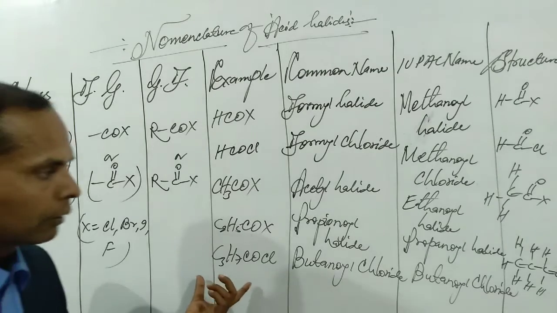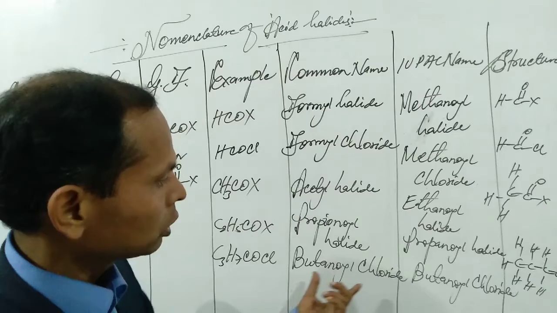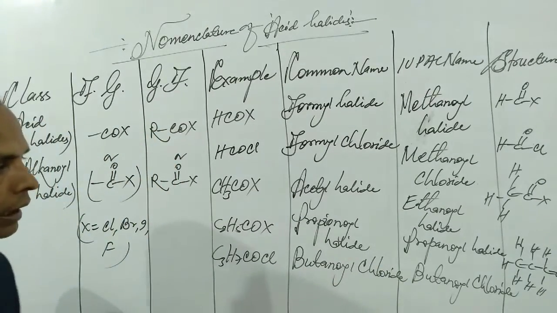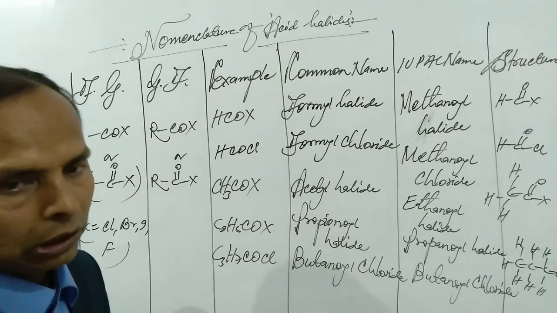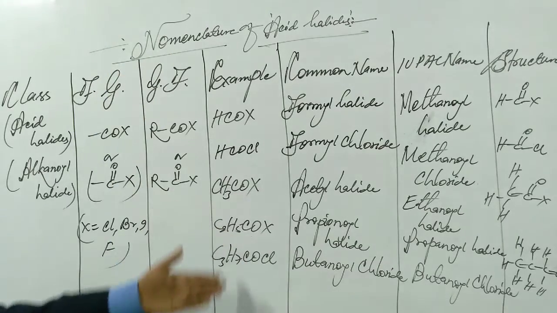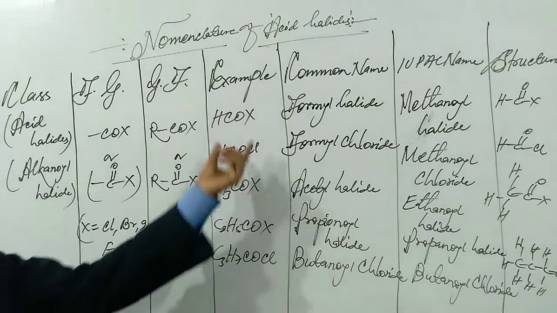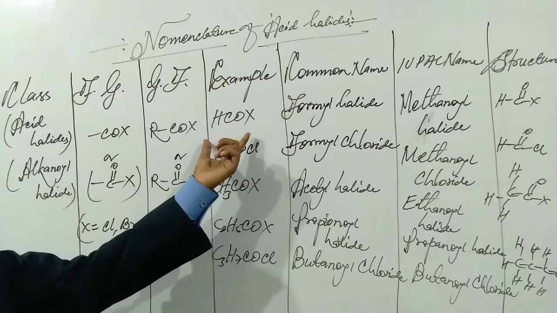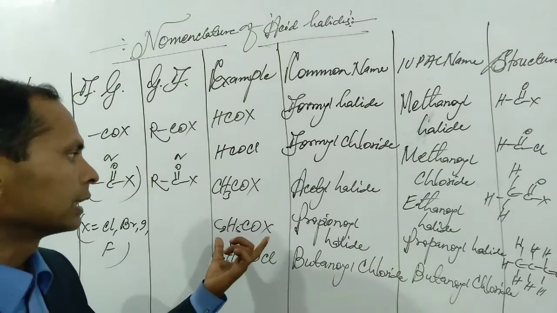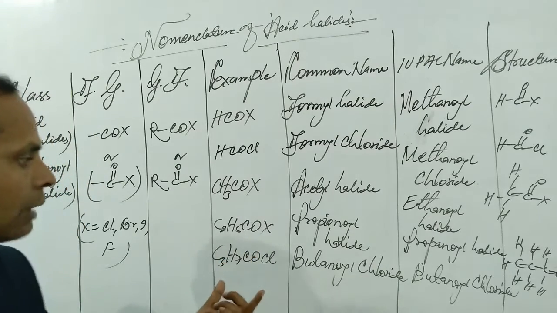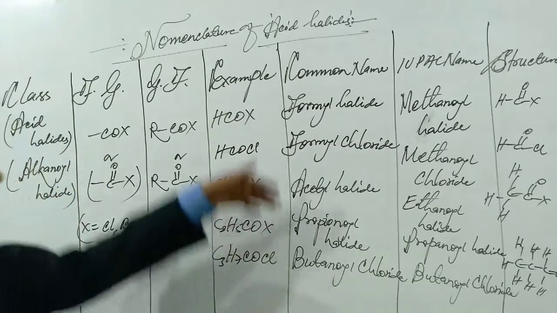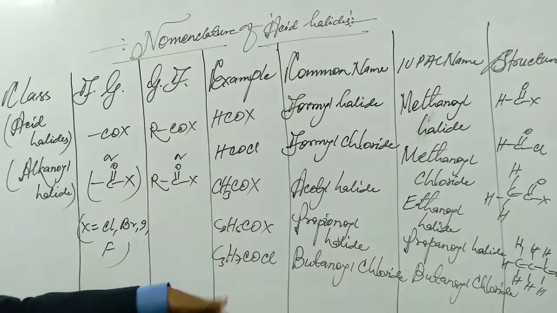In case of 4 carbon atoms, the IUPAC name will be butanoyl chloride. In case of 5 carbon atoms, pentanoyl chloride. In case of 6 carbon atoms, hexanoyl chloride. In this way, we have to write more and more compounds. In this system, 5 compounds are obtained like chlorine, bromine, iodine, fluorine. Compounds can also be obtained in the case of such compounds. So, more and more compounds are to be obtained like that.